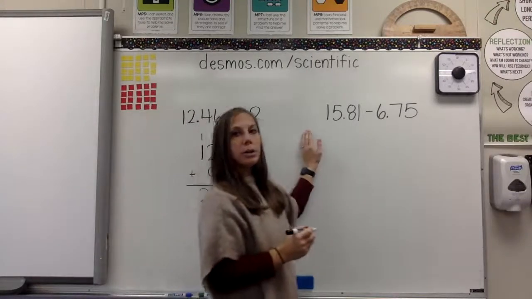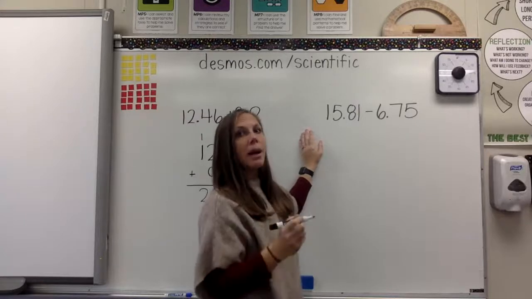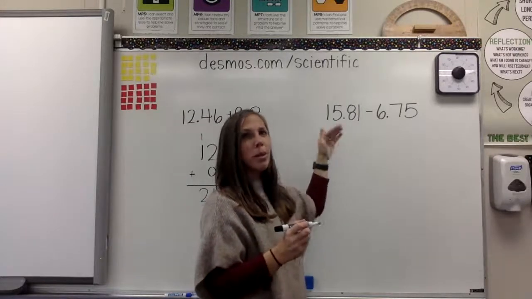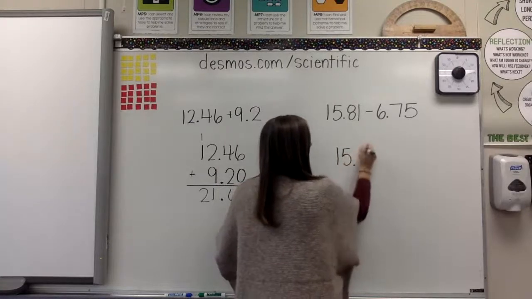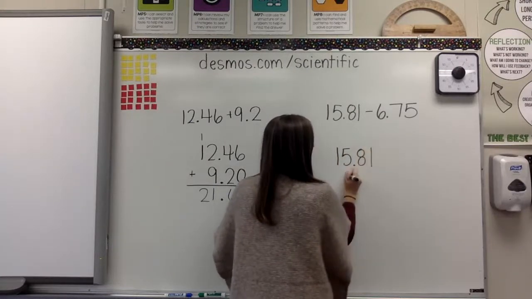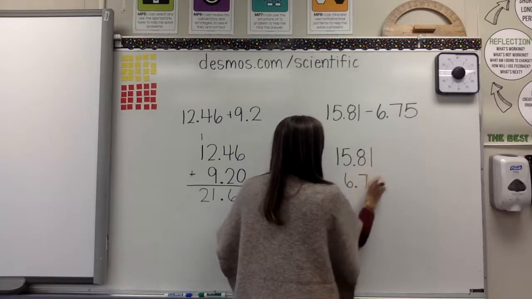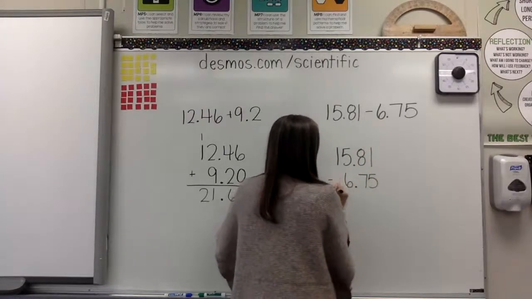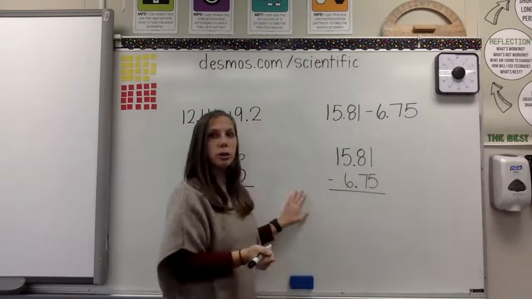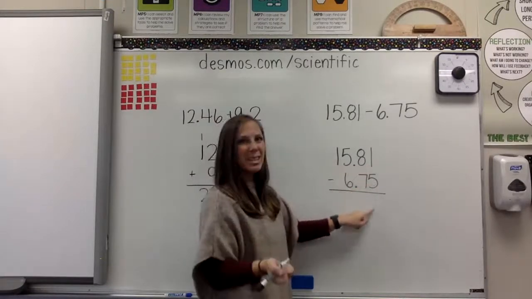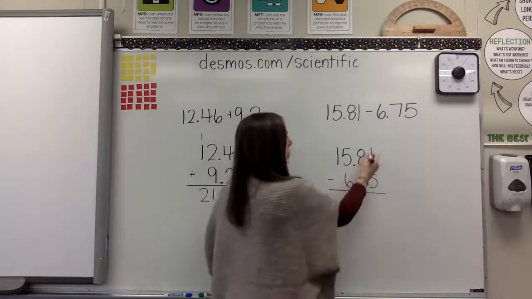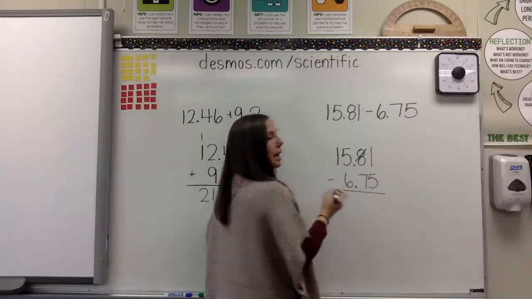Now I'm going to move on to a subtraction example. Again, you might see it written horizontally. We want to flip it vertically so that it's a little easier for us to work with. So I'm going to rewrite my problem, and I'm going to be really careful to keep my decimals nice and lined up there. And then I can go ahead and start my thinking. So I've got 1 minus 5. I can't do that. So I need to borrow from the next spot,